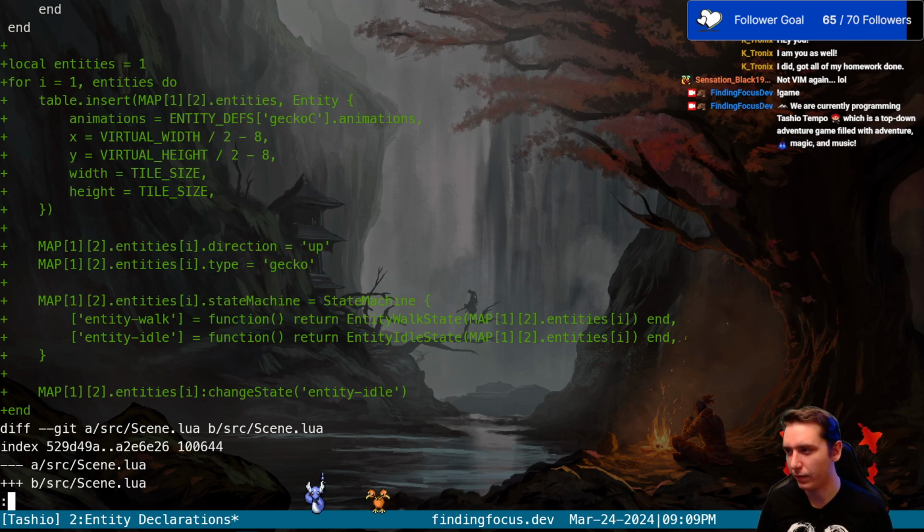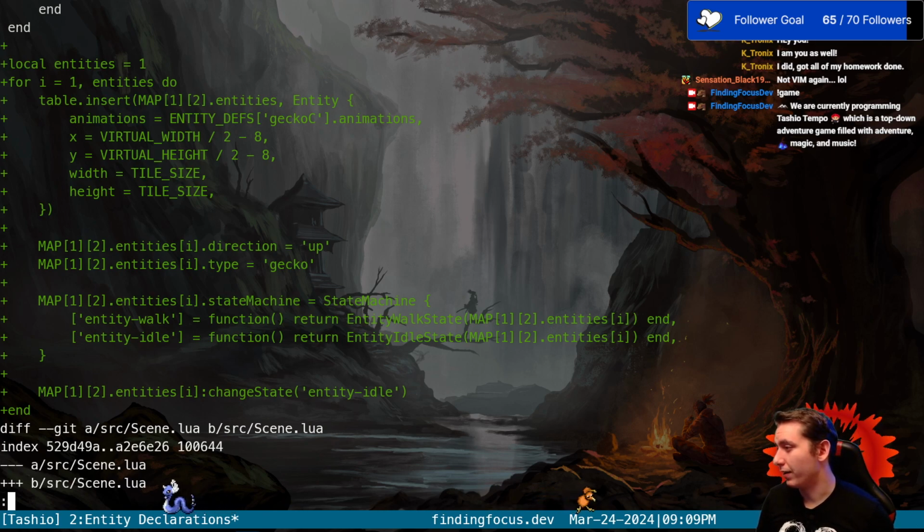I'm just worried about those functions getting bloated with the amount of entities we need to add for up to 100 screens in our game so far. So